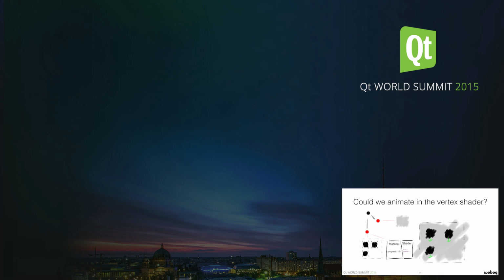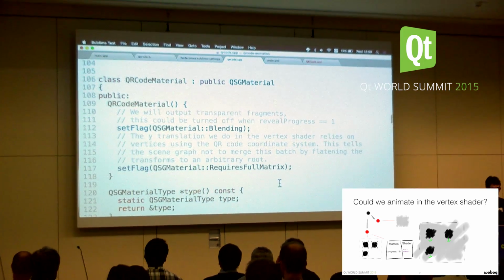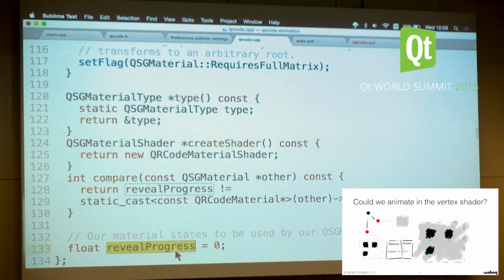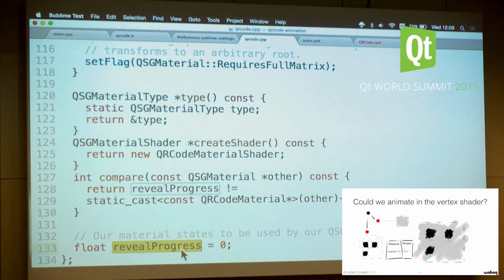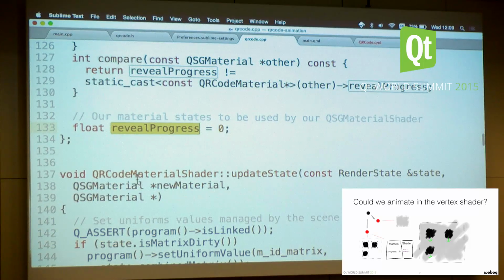Let's go down to the, oh no, sorry. If I go a bit further, we're going to see the QR code material. The QR code material contains the data of the material: is it red or is it blue? And the material has to send to the QSGMaterialShader, which is the code that knows how to do this, the information: here's the information to do your work, here's the texture ID, here's the color. And I'm going to transfer this in updateState, which is a method of the material shader,